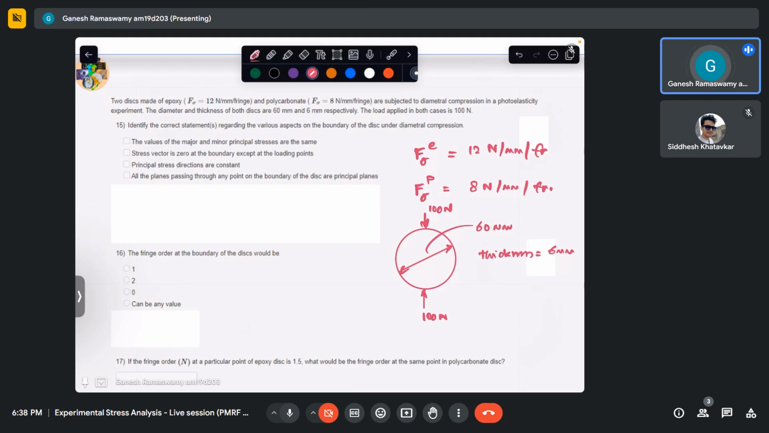The values of the major and minor principal stresses are the same. Now, this is heuristic information. Basically, if we see in the case of a disk, for a disk at the outer boundary, generally we would be seeing, in dark field arrangement, a black color, which implies that the fringe order there is zero. Now, from the stress optic law,